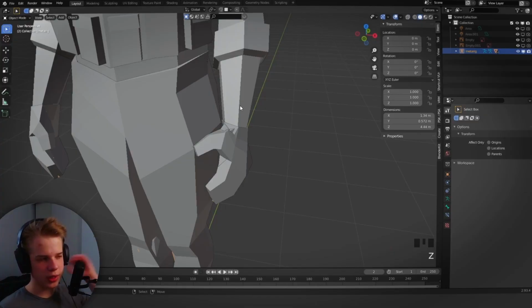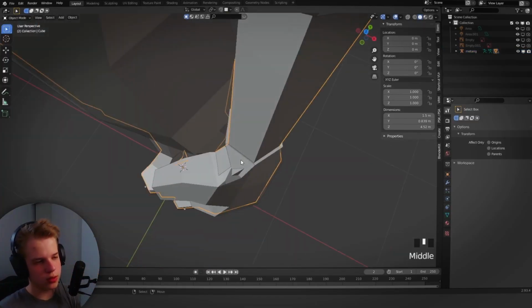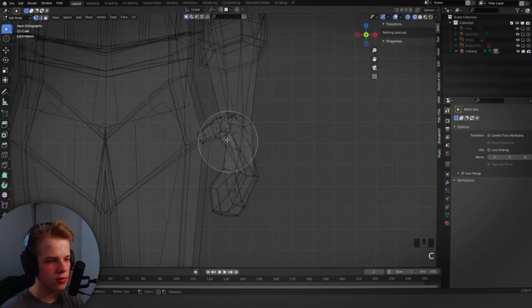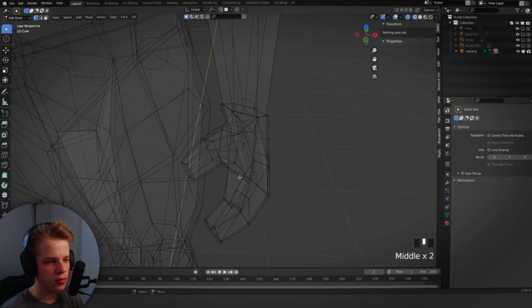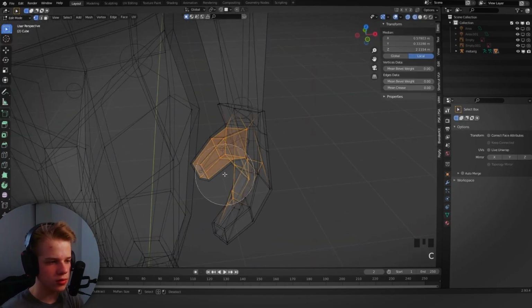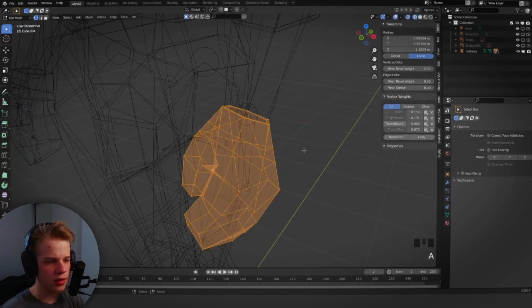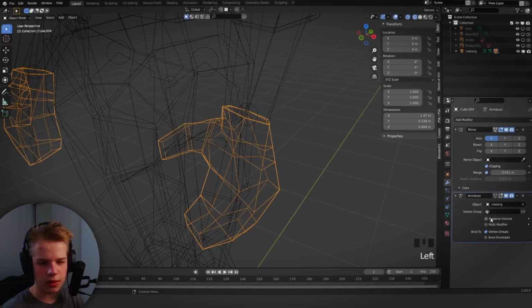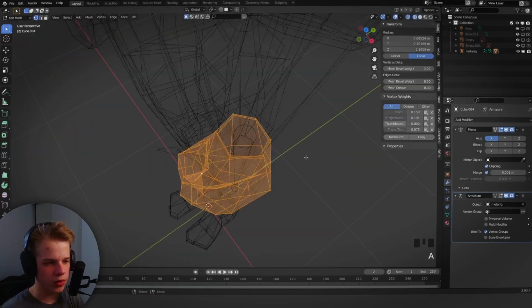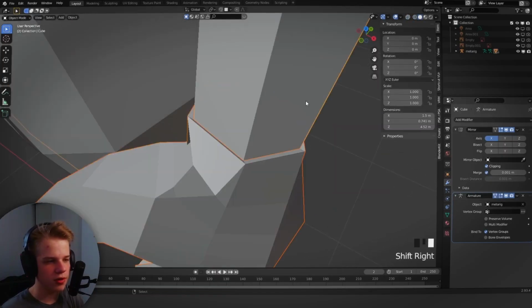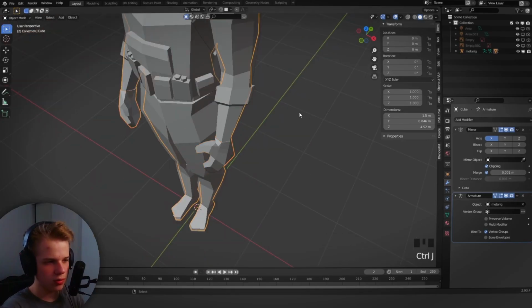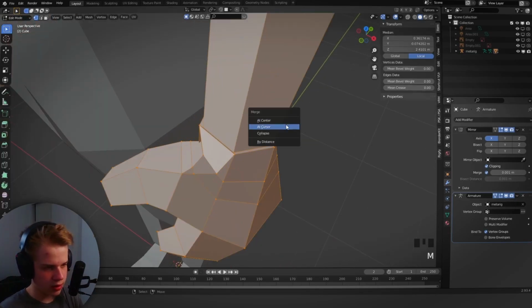One thing that can help, especially with this, because it's so close to the skin, is we can just delete. So just select everything other than the top of the hand, like this, and then go to this. Well, yeah, we've already applied the solidifier, and then just join it to the body, and then well,